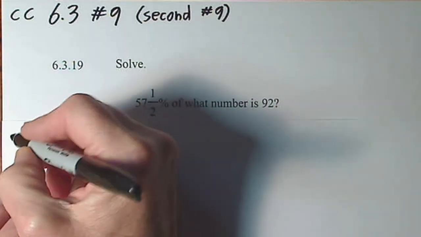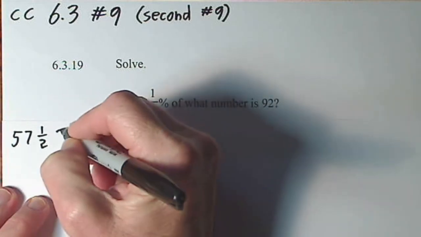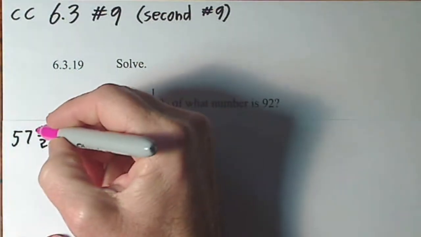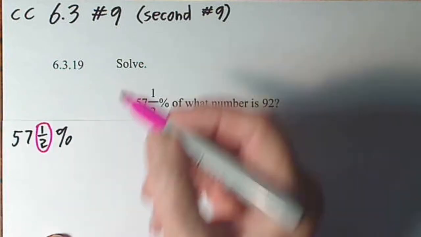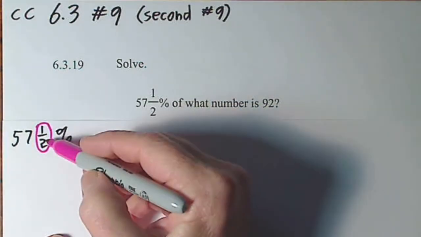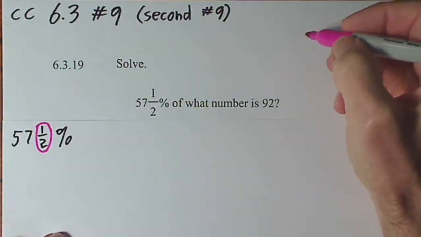So if we have 57.5%, first let's focus on this 1/2. This would be easier to work with if it was a decimal. So 1/2 is equivalent to 5/10. If you're not clearly aware of that,